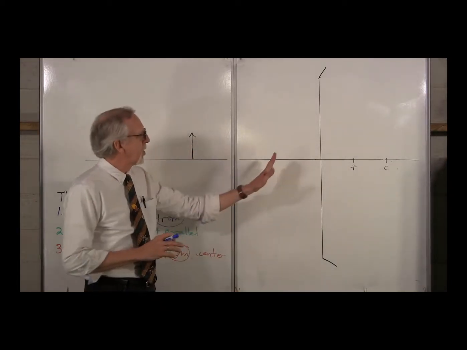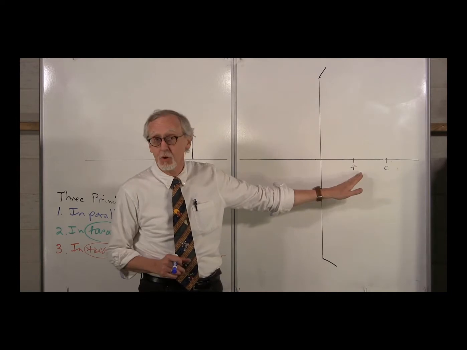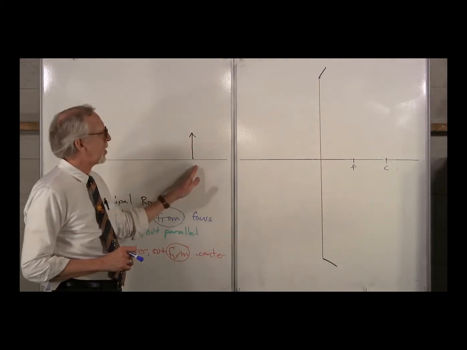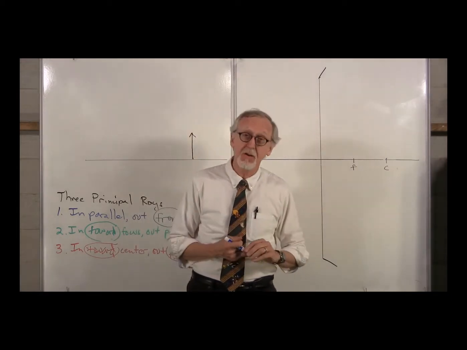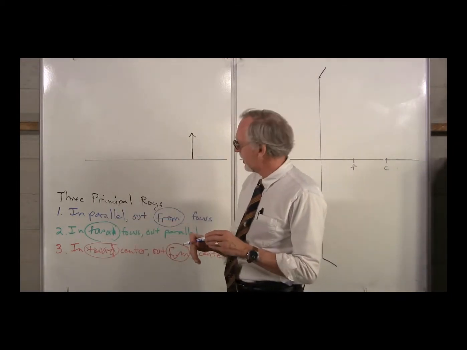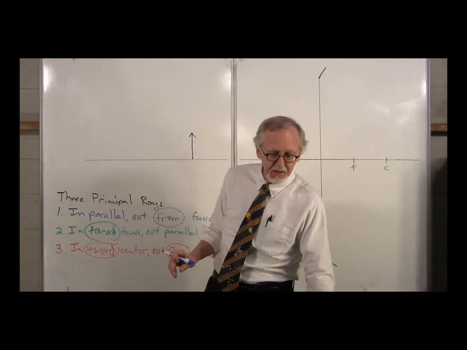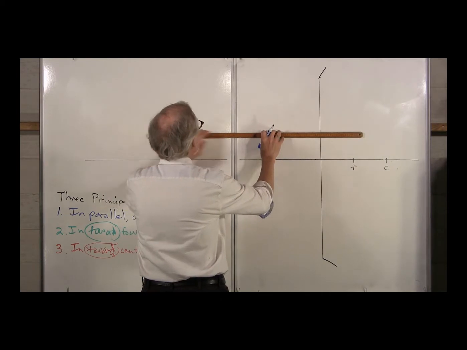Here I have drawn our convex mirror with its center and focal point, and I've put our object over here. Now let's draw in our three principal rays and see if we can figure out if an image is formed or not. The first ray, and again I'll do the first one in blue, in parallel. So from our object we draw in a ray parallel to the principal axis,